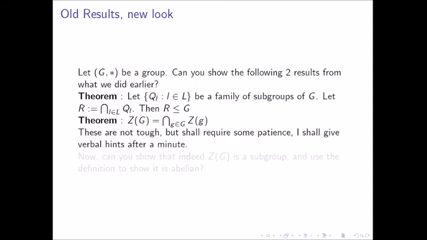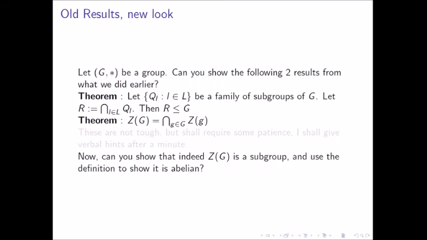So the hint over here is for the intersection you use the same proof, and for the Z(G) part try to show that each centralizer contains Z(G). This is not hard to show, and this intersection must lie inside Z(G), the opposite inclusion. So try it out, or you can go ab initio by definitions.